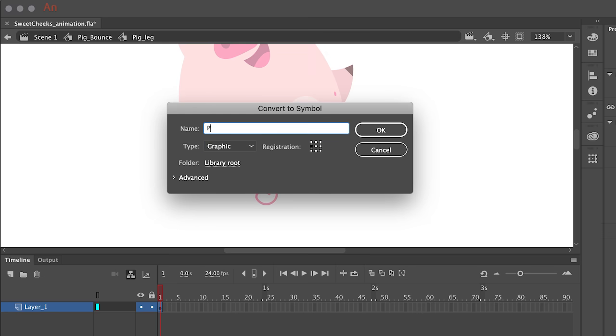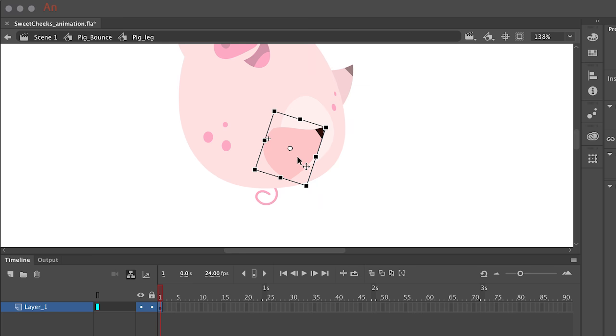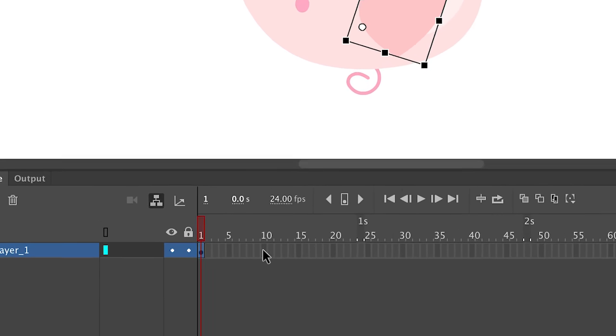And so here what I'm doing is I'm going to convert the leg symbol into another symbol. Therefore, I basically am nesting a symbol inside a symbol. And here I'm going to take the center point and move it so that the leg hinges properly. Now inside this symbol, I'm going to animate a looping animation. So the easiest way to do that is before we even apply any animation at all, just go down the